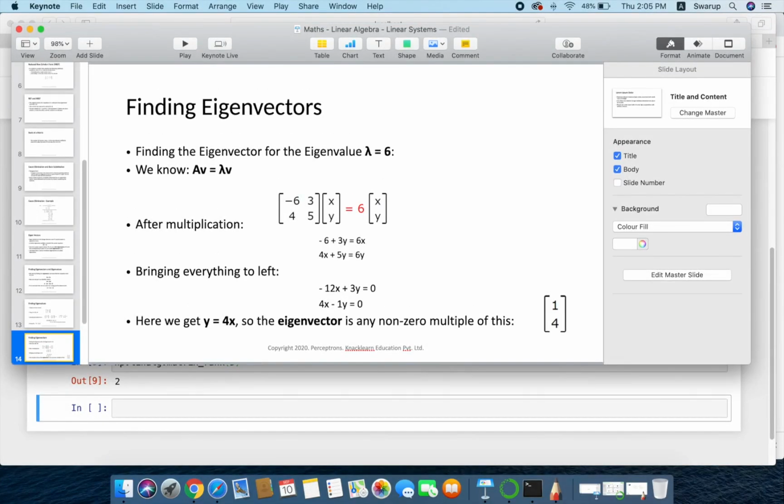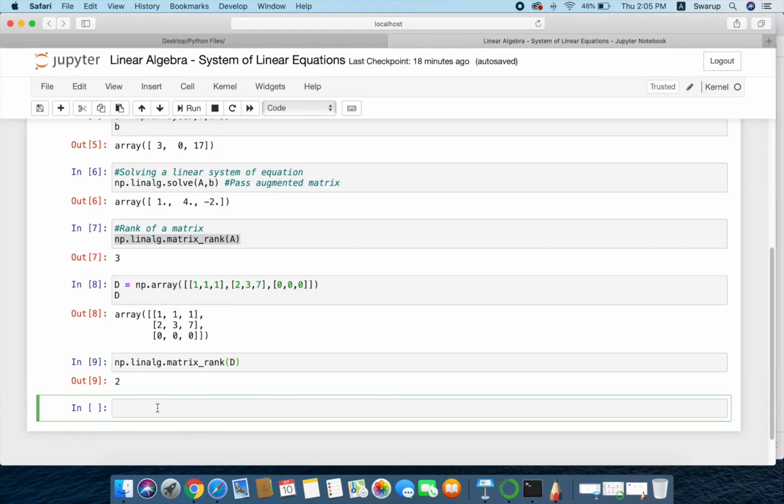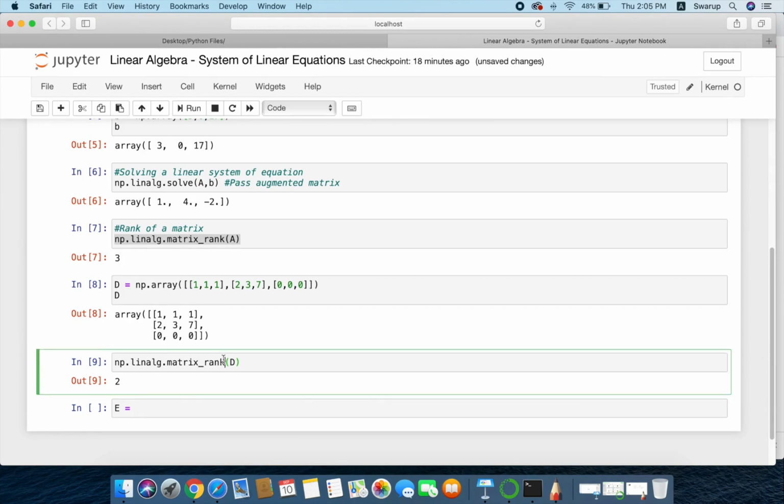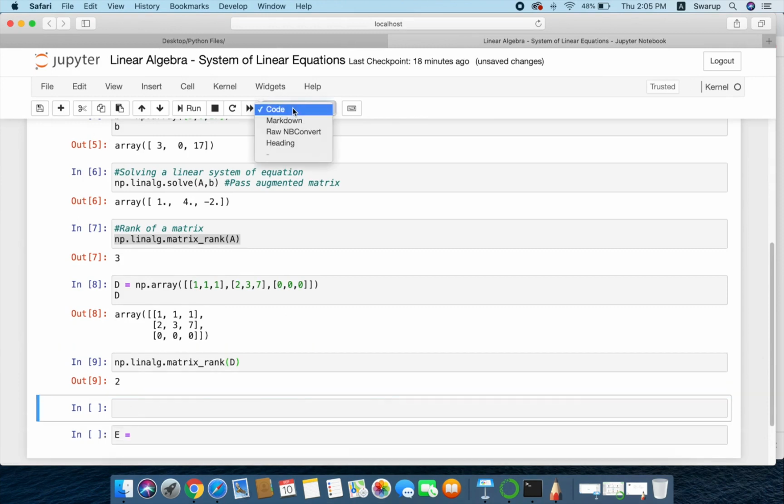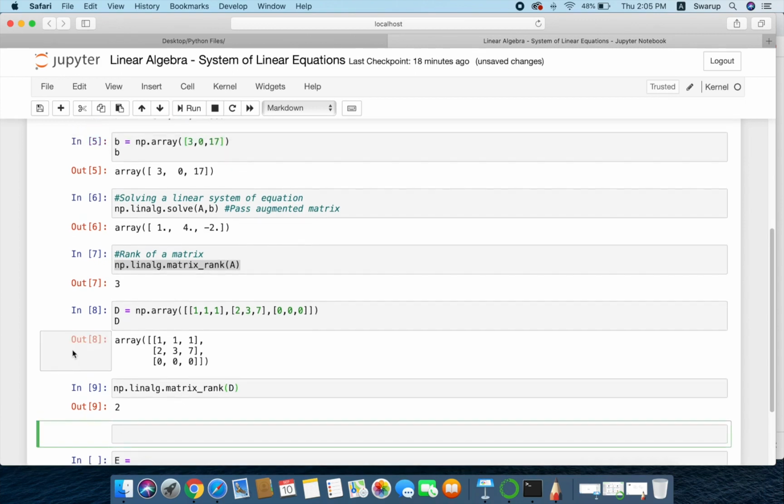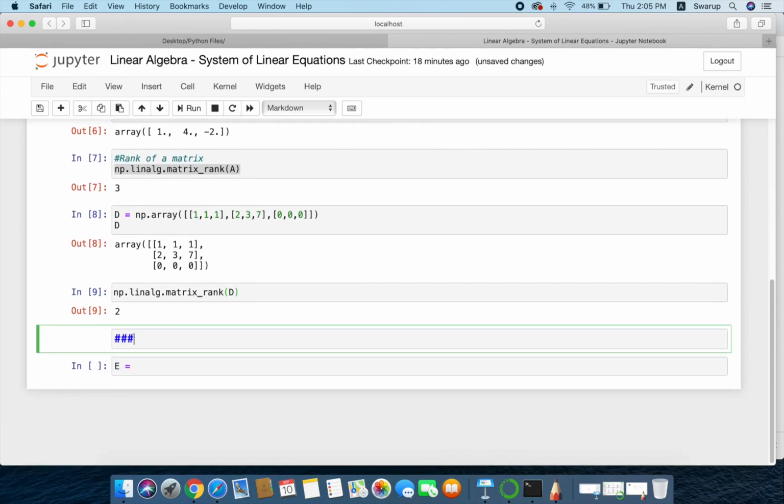So now we will see that same thing in Python. Suppose I take this matrix, that is minus 6, 3 and 4, 5. I'll call it matrix E. I'll add a markdown in Python and write it down as eigenvalue problem.